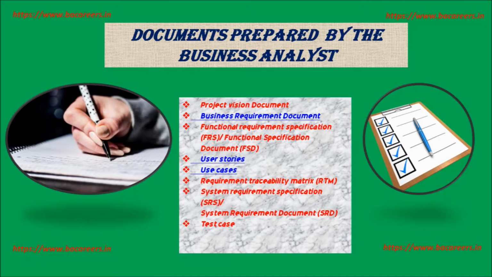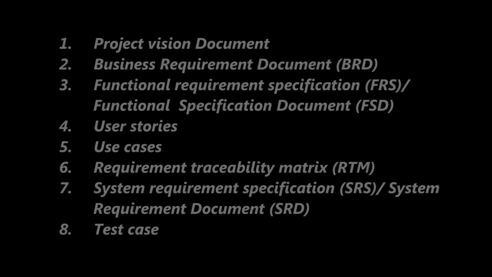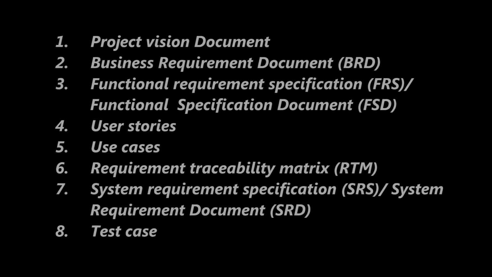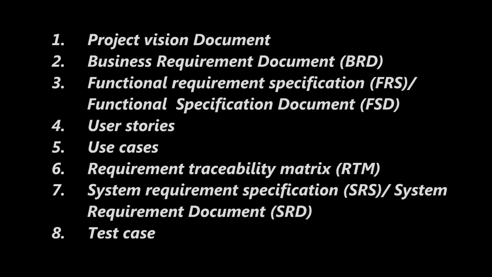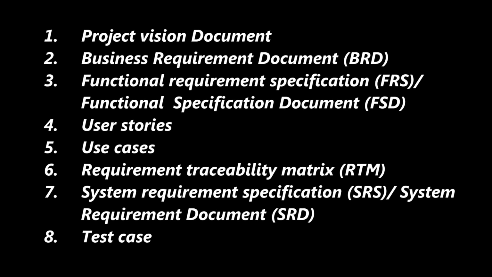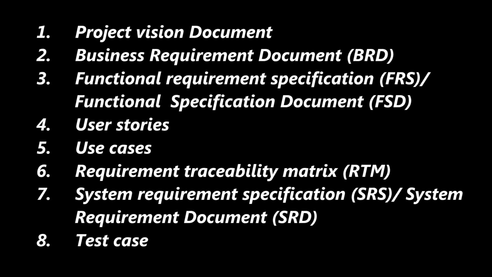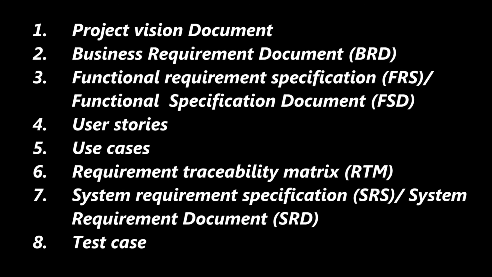For example, if any requirement is out of scope of the project and it is not feasible, then the business analyst needs to inform stakeholders prior to preparing the documents and get approvals from internal and external stakeholders. If any requirement is out of scope or not feasible in this project, then he needs to explain the scenarios and consequences and what problems we will face because of this requirement to internal and external stakeholders. Business analysts can update the same in meetings with stakeholders and it should be documented in the form of FSD